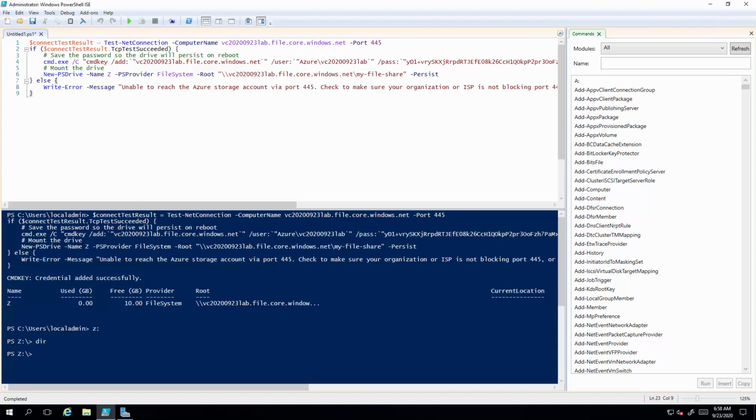All right, so next we're going to test if accessing a web location is allowed. All right, so I'm going to do a test net connection. Our NSG should block this outbound connection. So what this tells us is